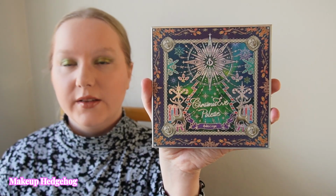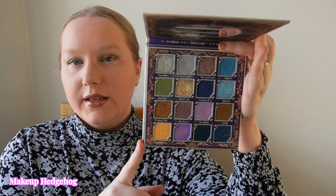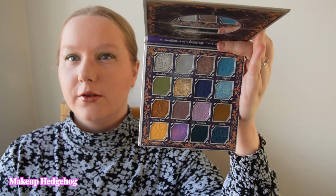So then for the new year, and this actually is the one that I picked up in Oden's Eye palette. So this is the Christmas Eve palette, and these were there from their holiday palettes a few years ago. However, they did really relaunch these during last Christmas, but I do believe that these also sold out last year too. And why I picked out this for the New Year's Eve is because I think that this sort of